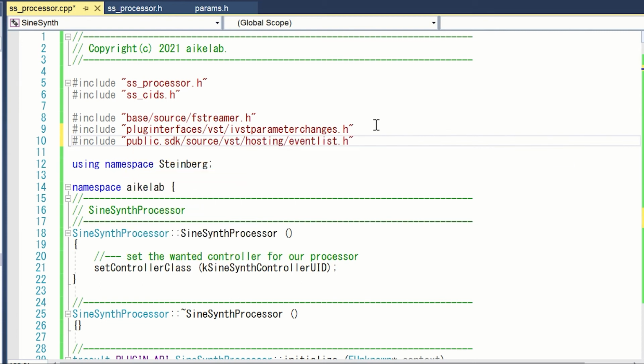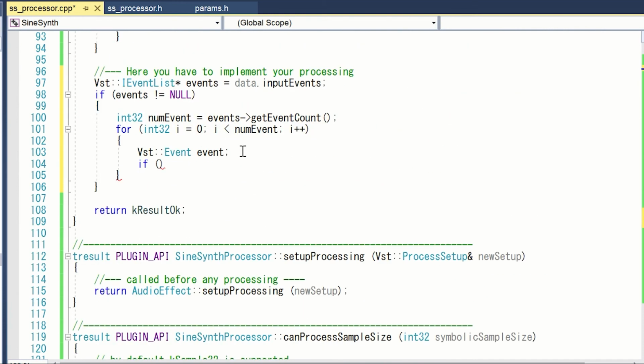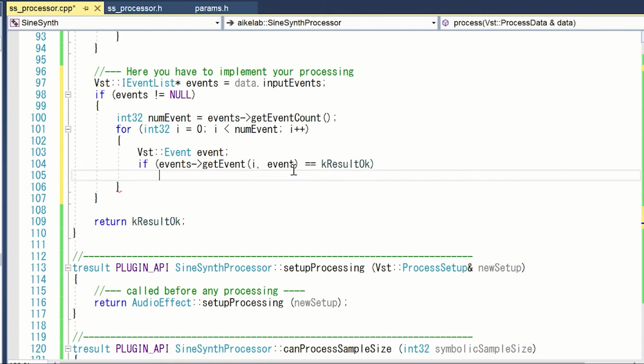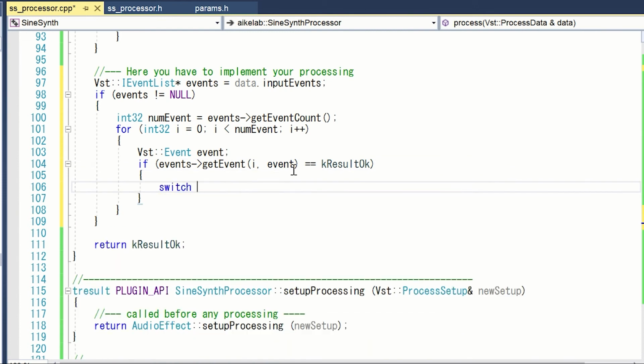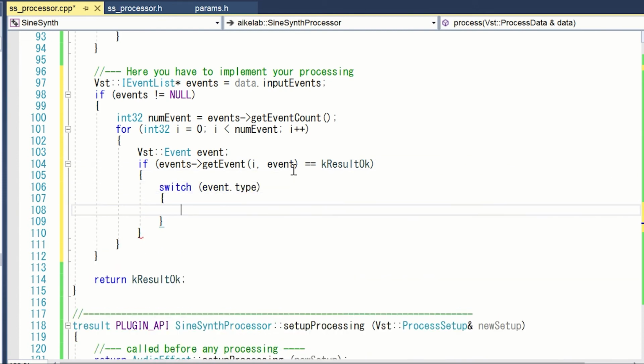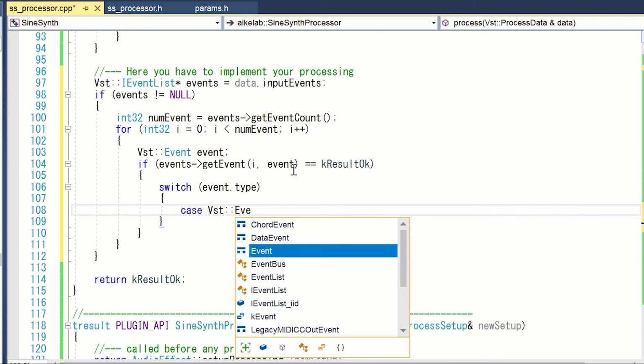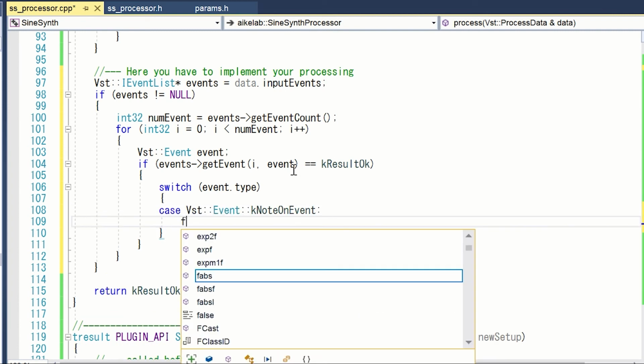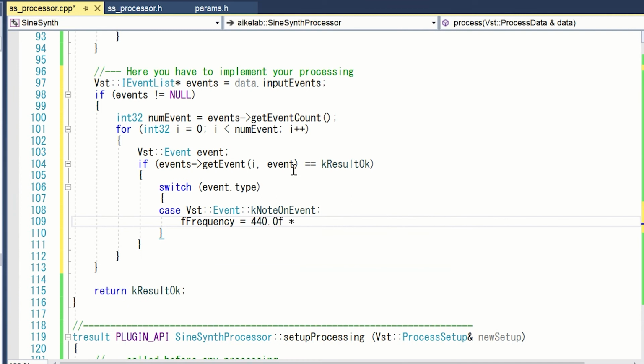Include EventList H. In case of note on event, calculate frequency from the note number.